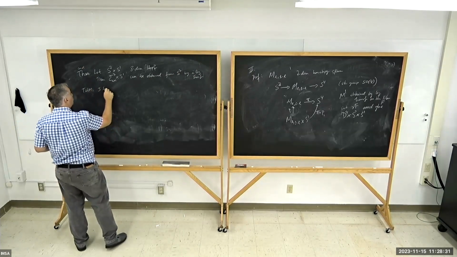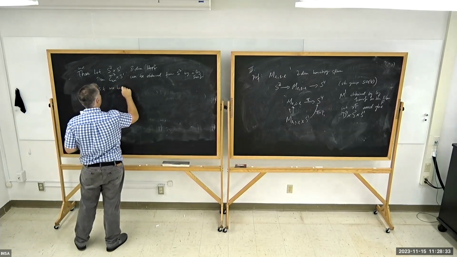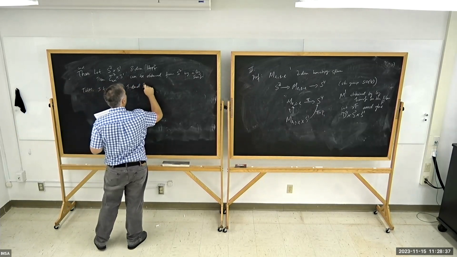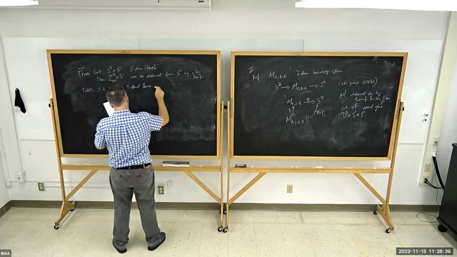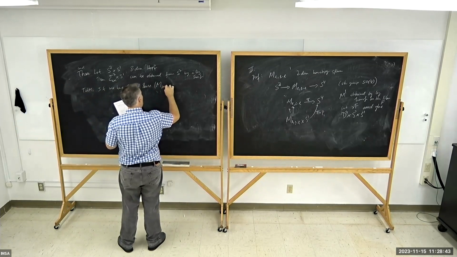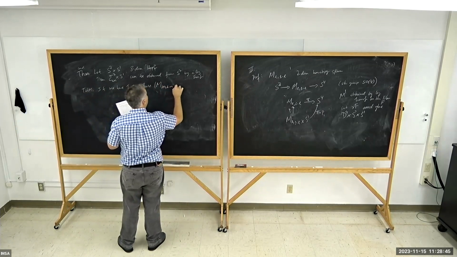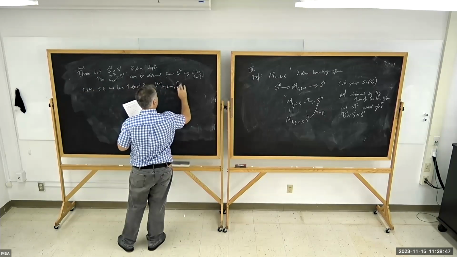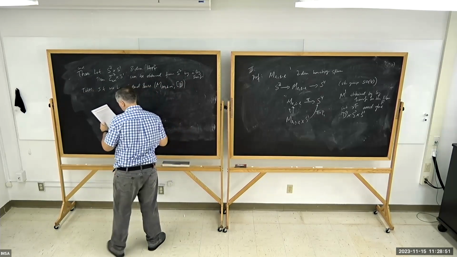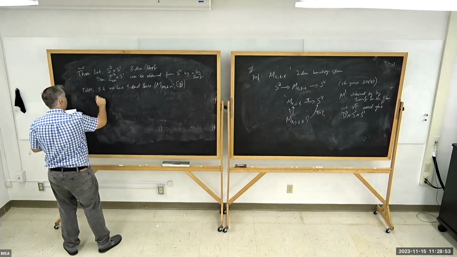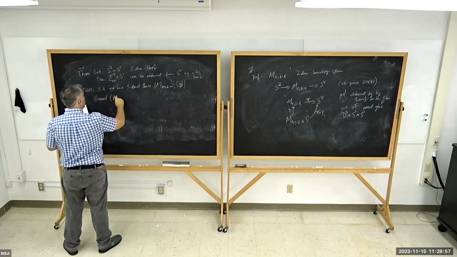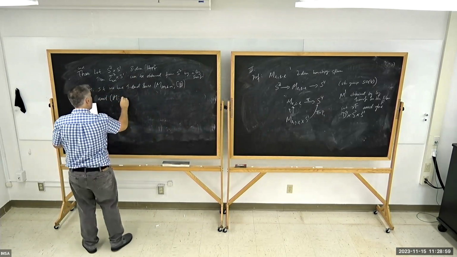If you have T-dual pairs within a class J,